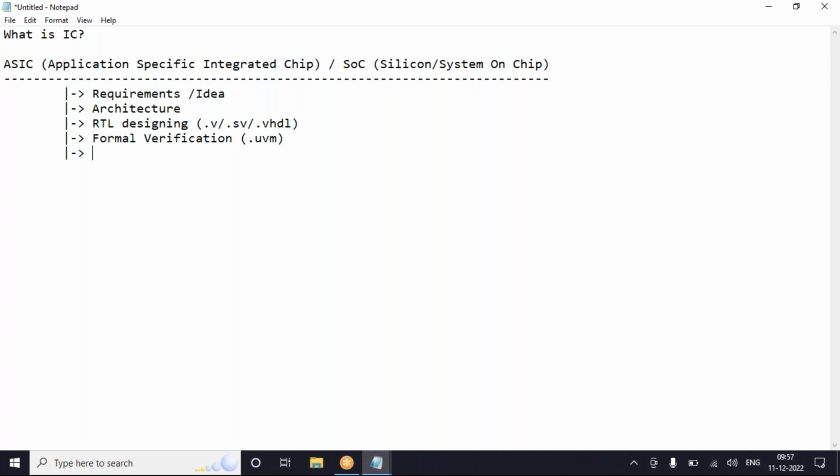When you say processor, I'll say quad core, octa core, or dual core. Other than that, what extra feature do you look at with respect to the processor?